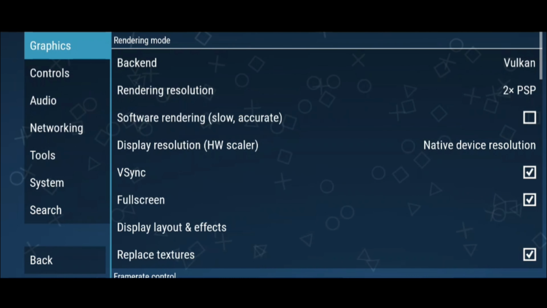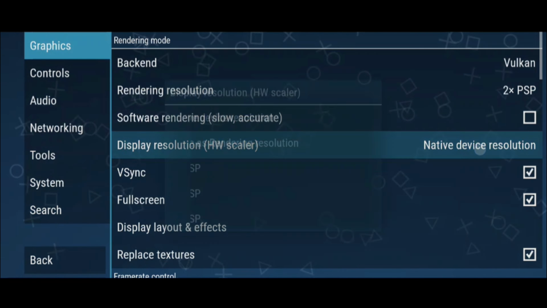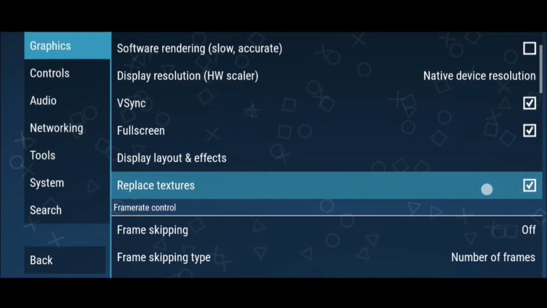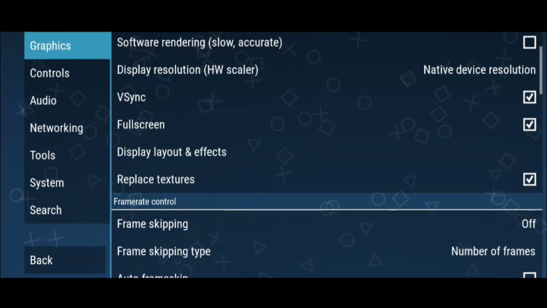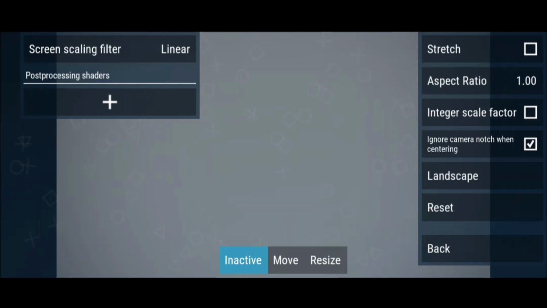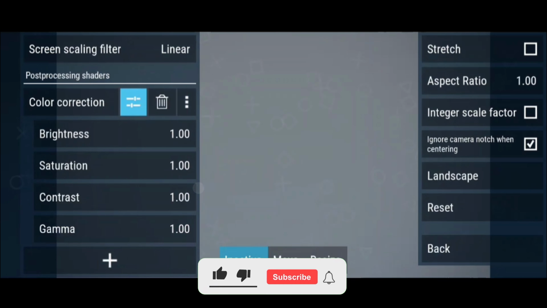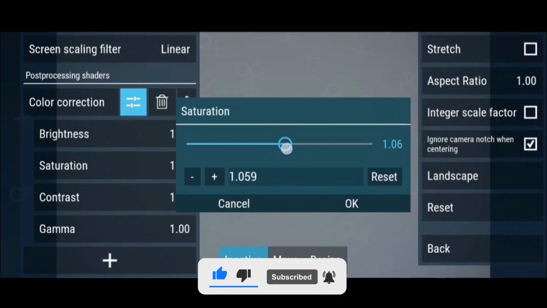Now after you are done with that, go to display resolution, make sure you are using native device resolution. Then scroll down, you are going to see device layout and effects. Click on it, click the plus icon, scroll down, you are going to see color correction. Click on it. Now click on saturation, move it to